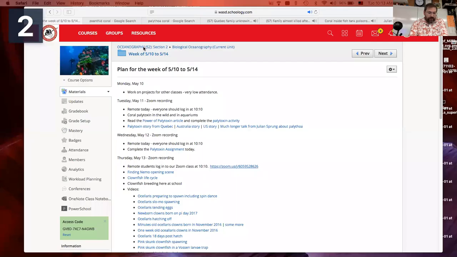All right, so in the course, there's the folder that says biological oceanography because we're getting toward the end of the course here and we want to talk about some things about sea life. So in that folder, you'll find a folder that says materials for this week, 510 to 514. There's some other folders that you can't see, but the 510 to 514 folder,